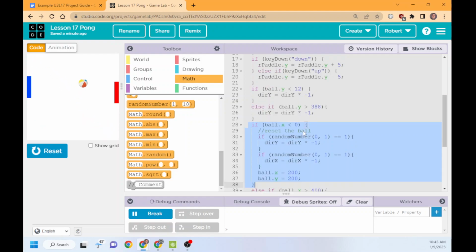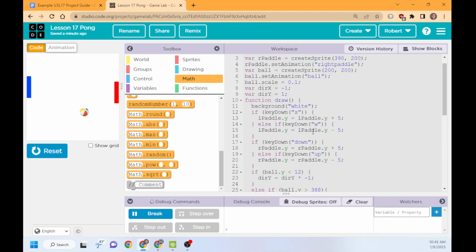So you should be able to apply a lot of what we're doing to whatever game you happen to be doing. All right, last piece, and this is probably the hardest piece: if the S key is down, we're going to go up, right? No, S key makes us go down. But it makes us go off the screen. So if you're inside of that bracket, see how there's these two brackets? Inside it, we're going to add two ampersands. The and sign, ampersand is the official name. So that's shift 7. And we want L paddle, capital P, paddle dot Y is less than,